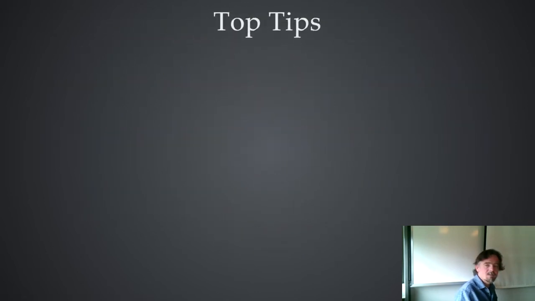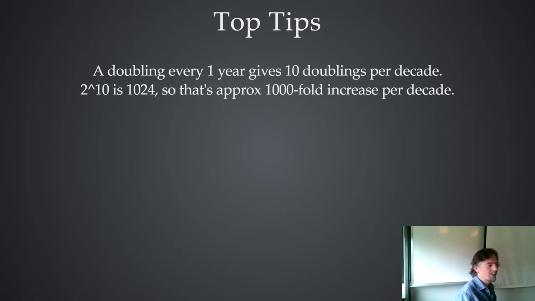On the subject of exponentials, it can be very useful to remember some of these little things that I've got here that help you calculate these things in your head quickly. It's worth knowing that if something doubles every year, then obviously it will double 10 times in a decade, and 10 doublings is 2 to the power 10. One thing you should know, especially as a computer scientist, is that 2 to the power 10 is 1024. That's where k comes from. It's the binary approximation to 1,000, right? It's close enough. So 2 to the power 10 is 1024, roughly speaking 1,000. So if things double every year, they would increase by a factor of 1,000 in a decade.